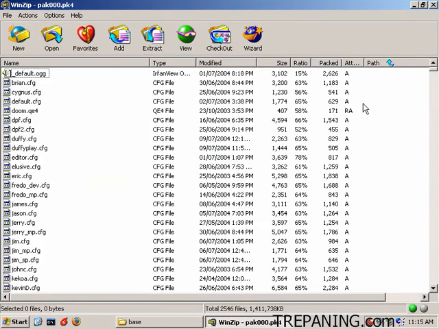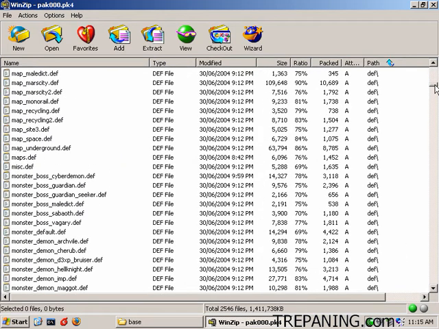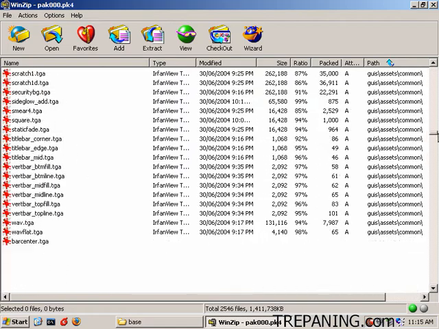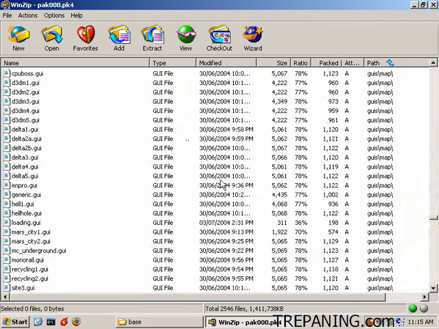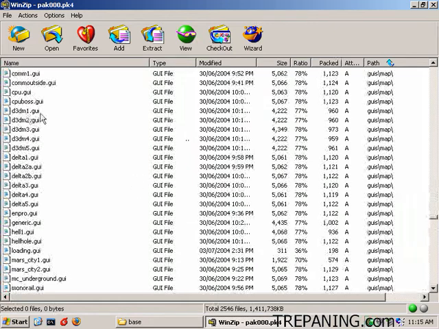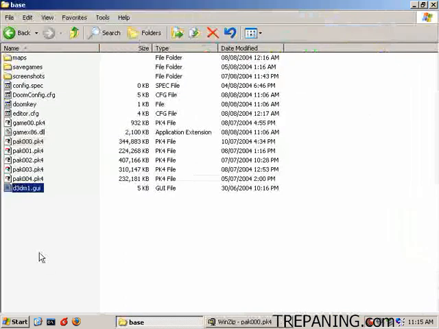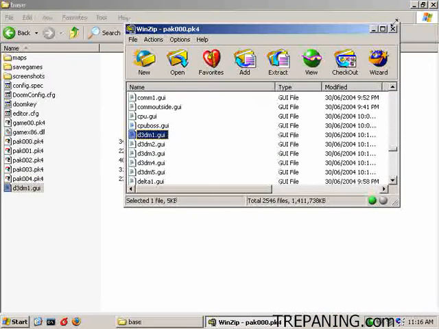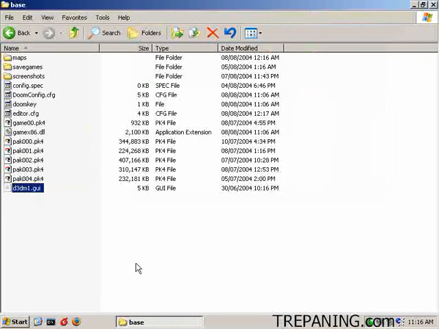What you're looking for now is the path, so you sort by path here, and you're looking for the GUIS map path. So head on down, and there's GUIS map, and these are the GUIs for all the different maps inside the game. We want to grab one of those out of here, so we're going to grab the d3dm1.gui, just drag it out to here, and it turns into one of those. And now we can cut this, and we're going to head on back over to the